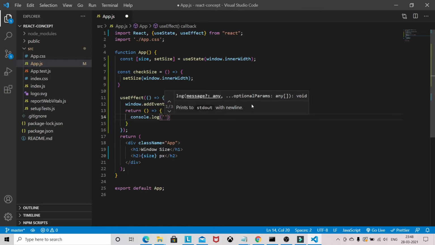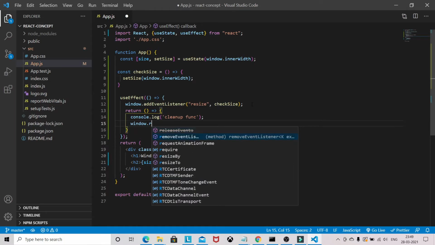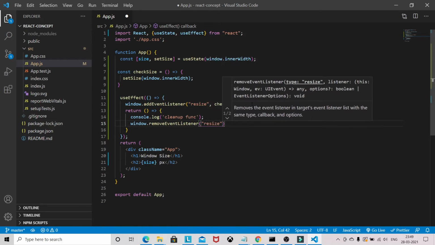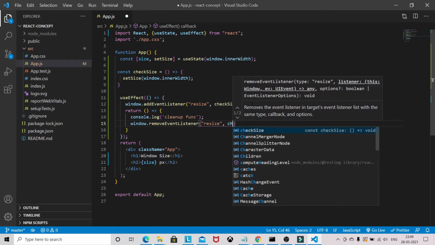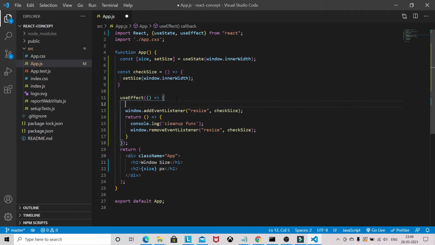So I will console log, this is a cleanup function, and window.removeEventListener. So we will remove this resize, and I will put one more console log here.